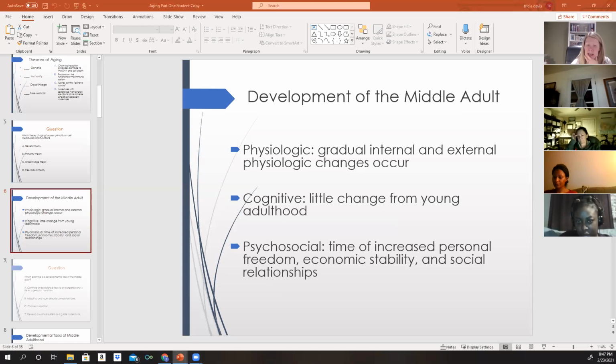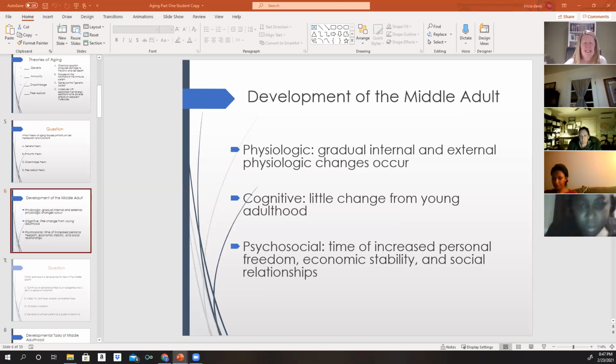Problem-solving abilities remain good throughout adulthood. Response time does start to become slightly longer. And this is not due to any decreased ability, but rather it takes longer to search through more memories and to a desire to think about a problem before we respond. And then our